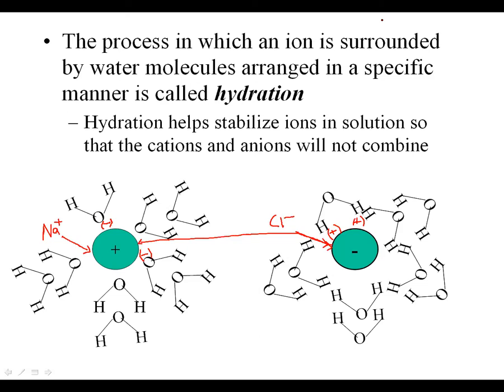Once we get the water out of the way, if you put this in an evaporating dish and heated it up, all the water molecules would start to evaporate and go into the gas phase. At some point, once we evaporate off all these water molecules, there will be nothing in between the sodium ion and the chloride ion. At that point, they are definitely going to want to come back together, and they would come back together as that solid